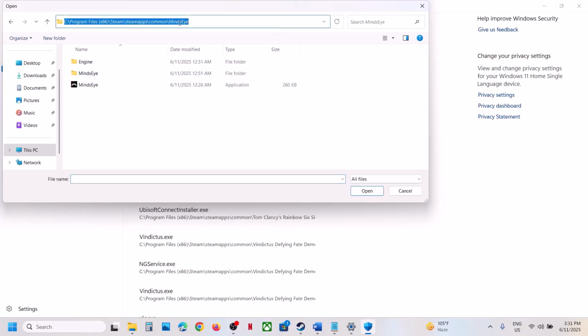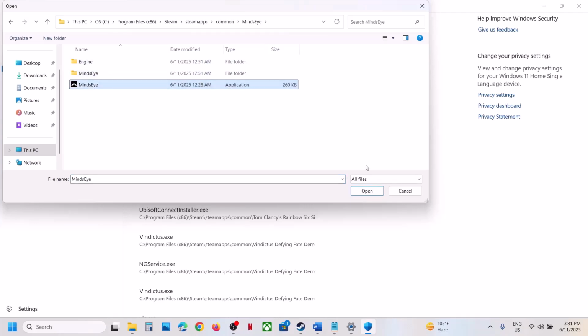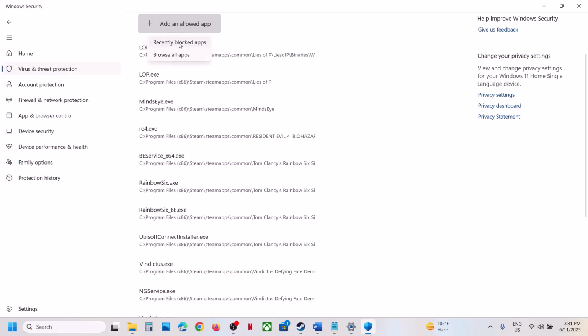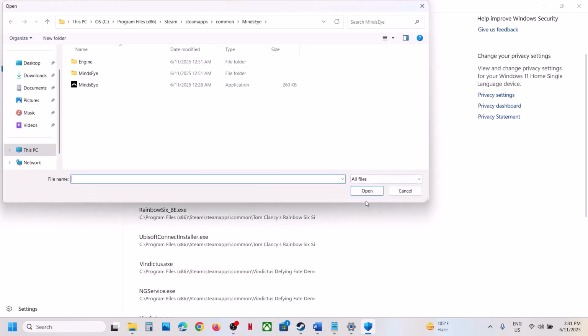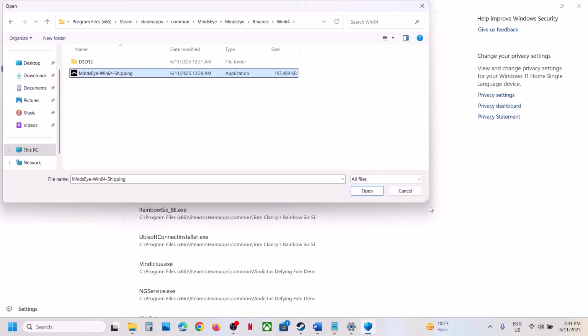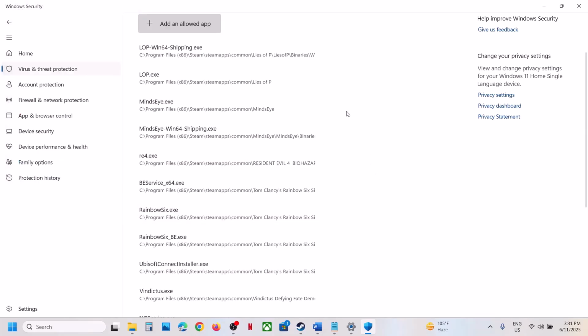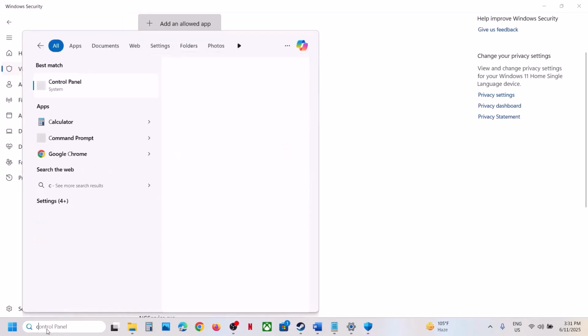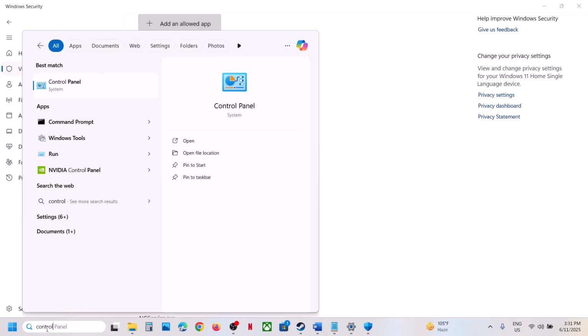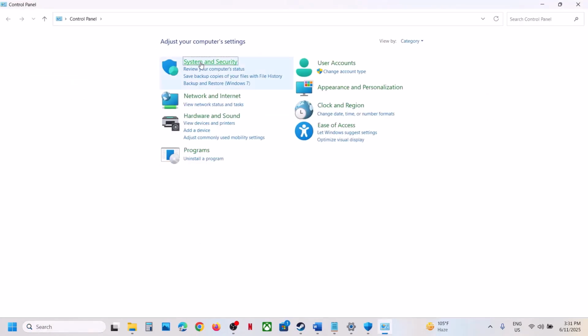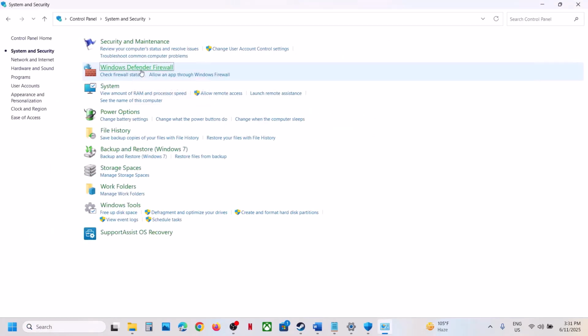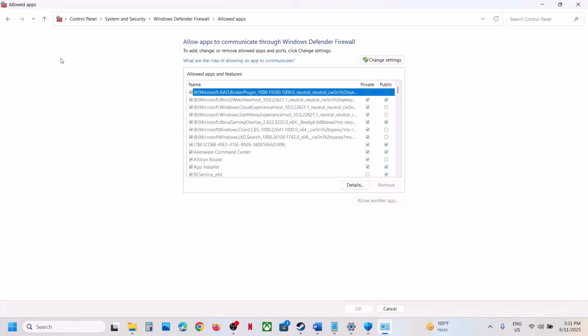In my case the location is this, and then select the game exe file, click on open, again click on add an allowed app, click on browse all apps, and then open MindsEye Binaries Win64, select this exe file, click on open, and then type in control panel in Windows search box, and then go to control panel, system and security, Windows Defender Firewall, allow an app or feature through Windows Defender Firewall, click on change settings, click on allow